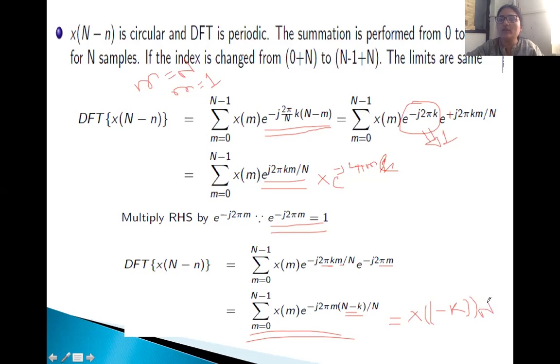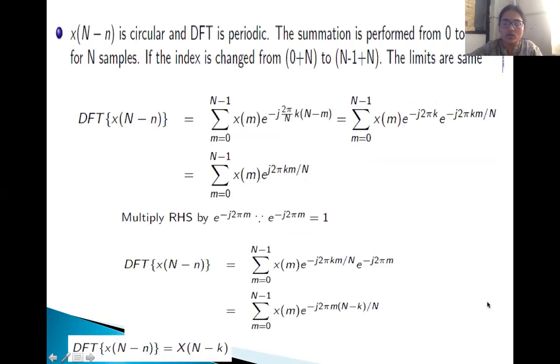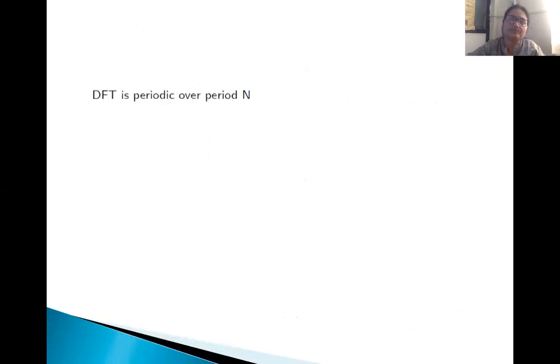So here we can easily prove that if we fold the sequence in the time domain, its corresponding DFT values are also going to be folded. That is a very important property. So here the DFT of x of N minus n is equal to X of N minus k, representing that a folded time domain sequence generates folded DFT values. This is the additional property of DFT called the time reversal property of DFT.